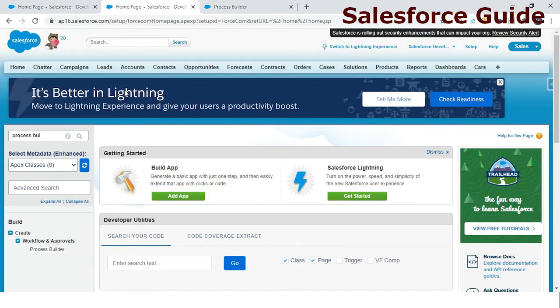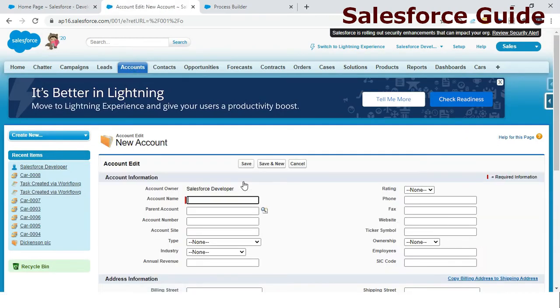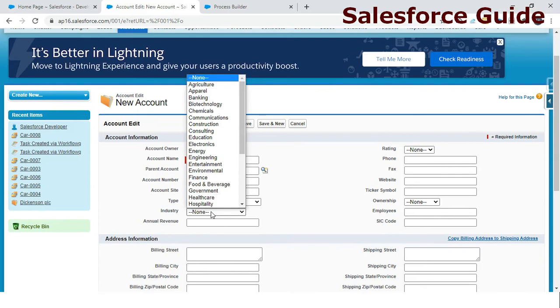For that, let's create a scenario first for what exactly you want. Now what I want is to create a process builder on an account where, if the account name contains technology, for better understanding, if the account name is ABC Technology, then the type should be set as Technology Partner, and the industry should be set as Engineering.